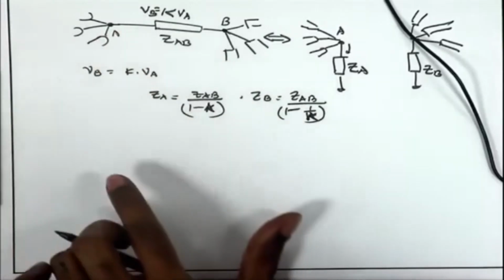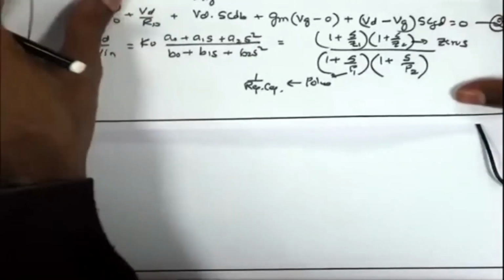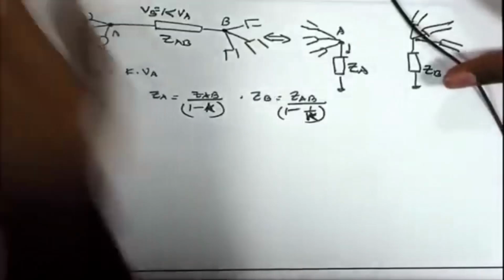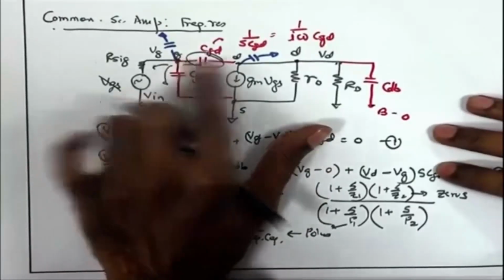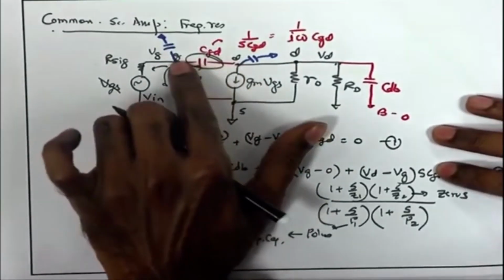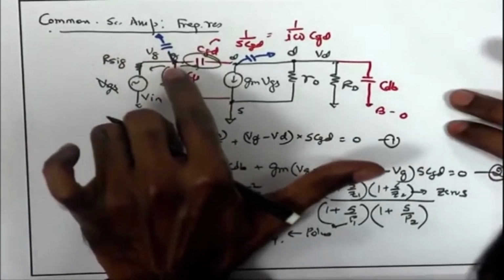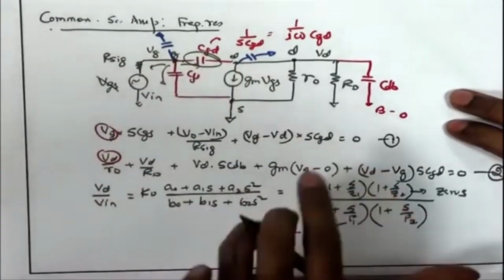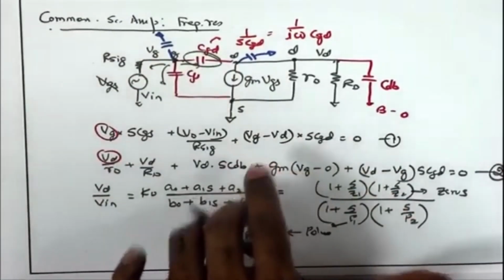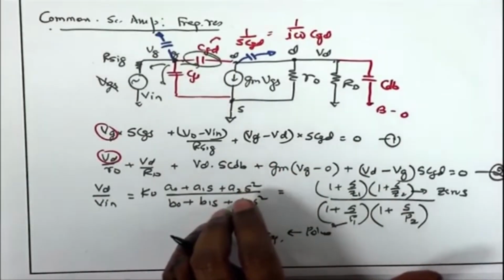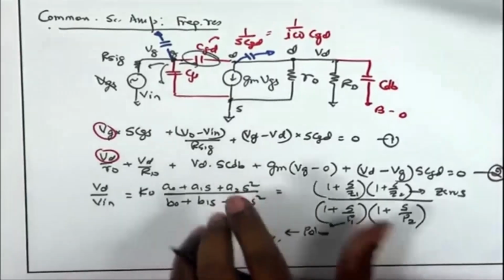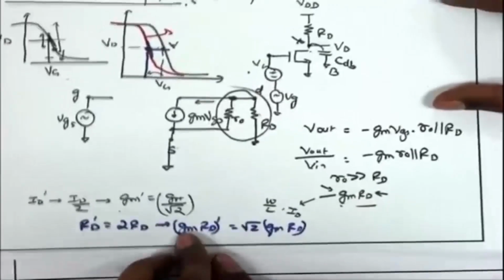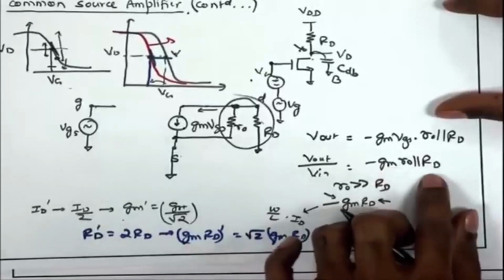So, if I apply the same concept in this particular circuit that we have just arrived at, we can take an approximation. We can say that the low frequency gain from gate to drain, mind it, there is a low frequency gain, ignoring the effect of capacitances, we know it is going to be equal to gm times RO parallel RD, approximately equal to gm RD. We just did it in the last slide. So, the low frequency gain is just gm times RD with a minus sign,